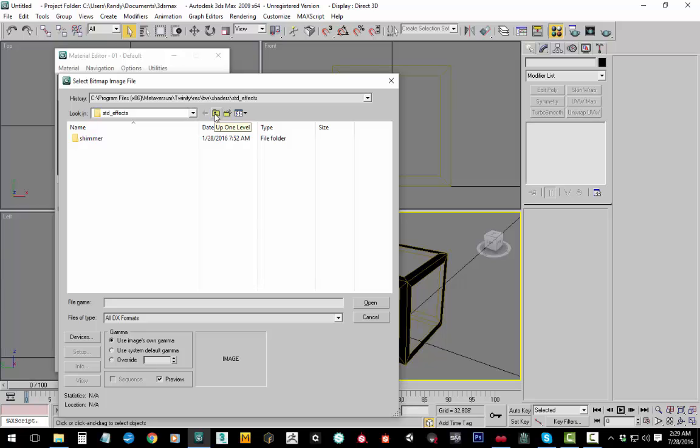I'm not a shader programmer. I don't really understand how that stuff works. If there's somebody out there who has a better idea about that stuff or understands it better, I'd certainly like to know what's going on with that. But I suspect that that's what it is. All right, so